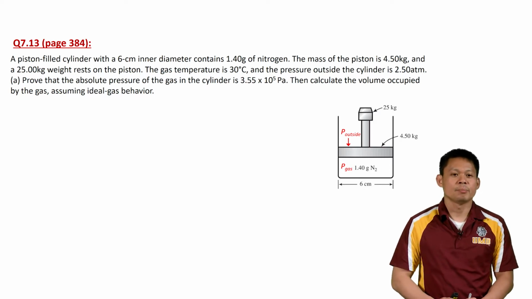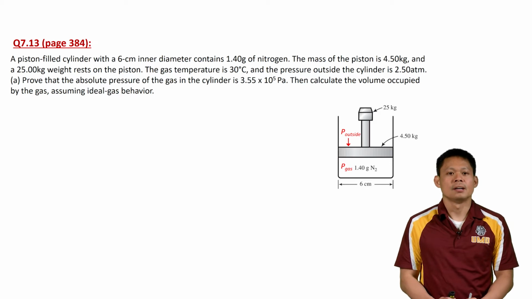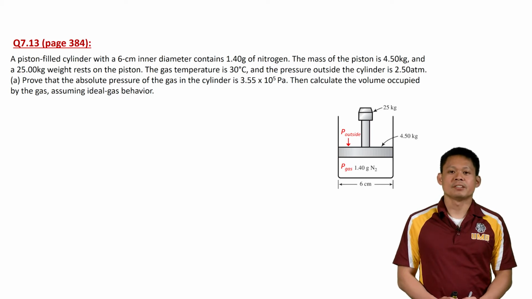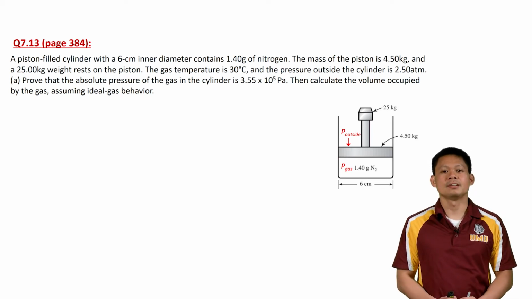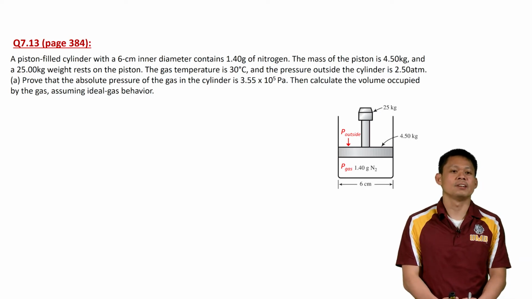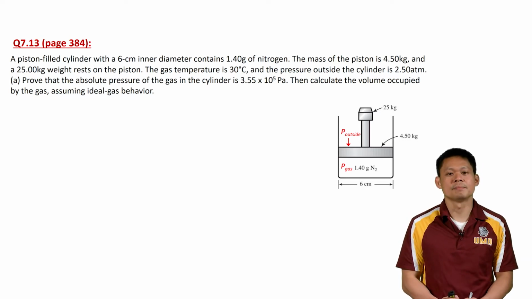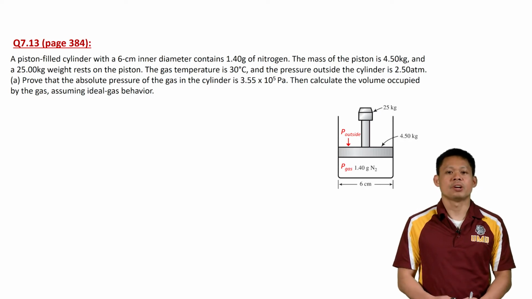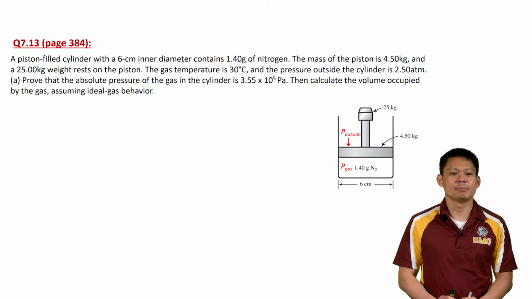So in this case, we have a piston-filled cylinder with a 6 centimeter inner diameter, and it contains 1.40 grams of nitrogen. The mass of the piston on top of the cylinder is 4.50 kilograms, and on top of that, you're going to add a 25 kilogram weight. We are given that the gas temperature is 30 degrees C, the pressure outside the cylinder is 2.5 atmospheres,